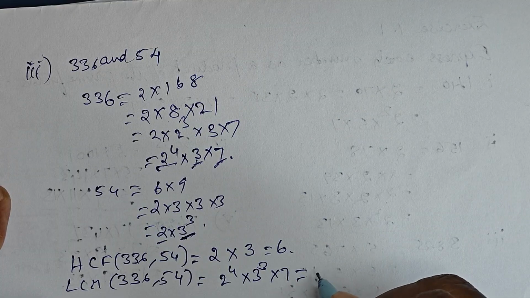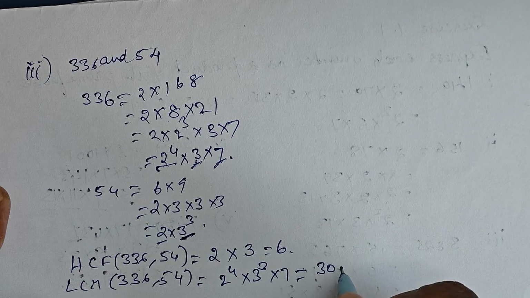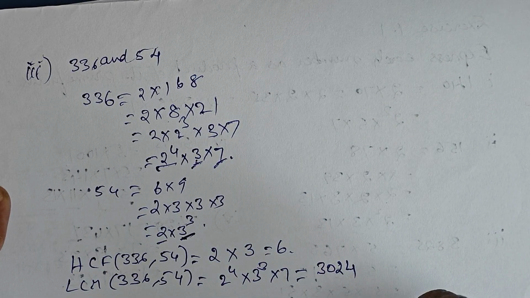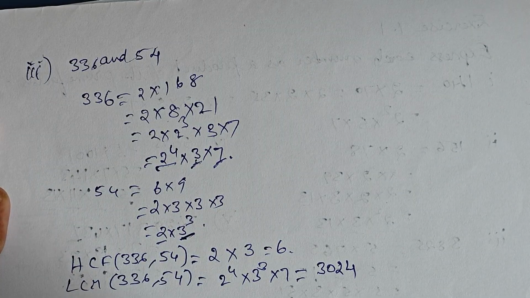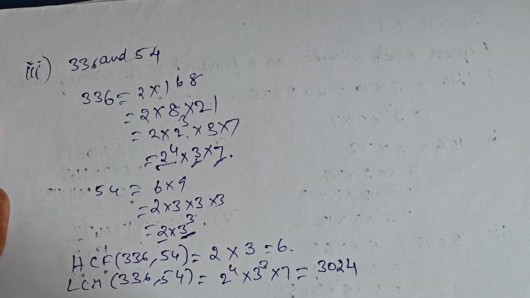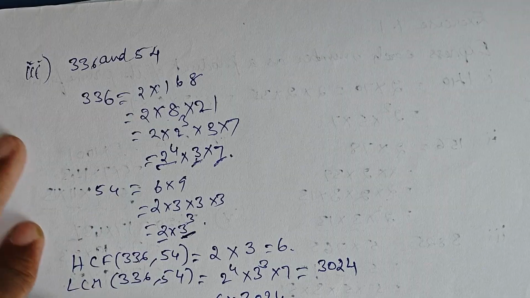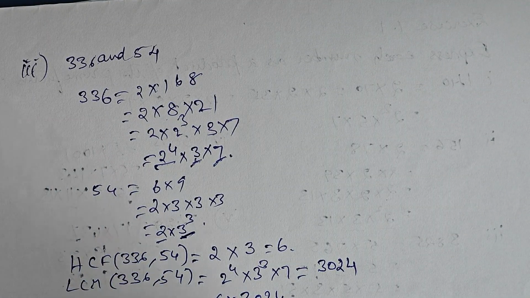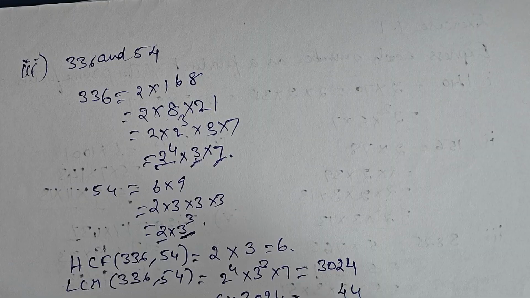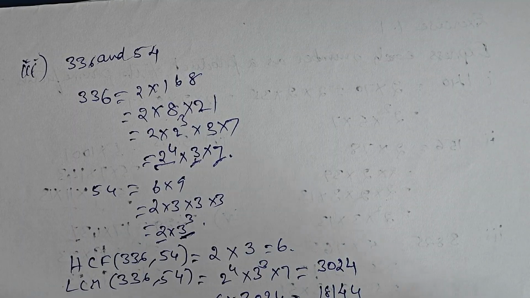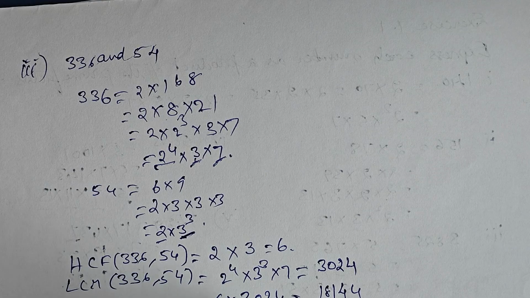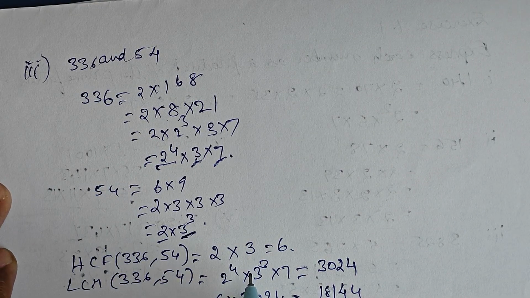When I do the rough work, I directly get the value as 3024. So LCM into HCF is equal to 6 into 3024. This will give you approximately 6 4s are 24, 6 2s are 12 and 14, then 6 3s are 18, so 18,144 is the product. Similarly, if you multiply both, 336 into 54,